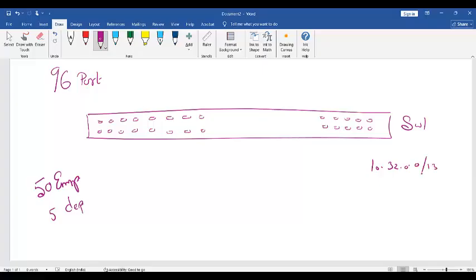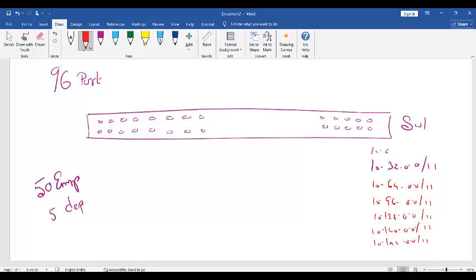10.32.0.0/13. No, sorry, /11. 10.64.0.0/11. 10.96.0.0/11. 10.128.0.0/11. 10.160.0.0/11. 10.192.0.0/11. It goes like that, subnetting, but I'm interested only in the first 5. This is for the first department, second department,